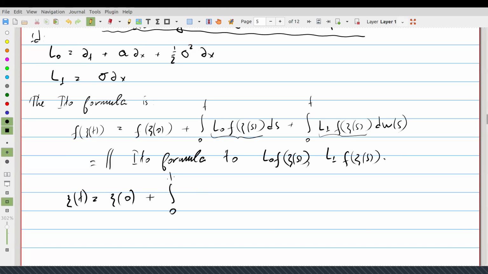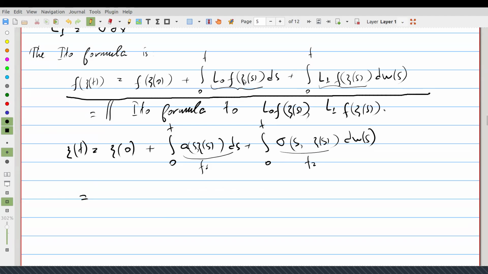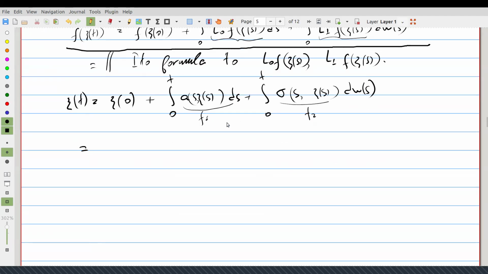So we have ∫0^t ψ(s) ds plus ∫0^t σ(s) ψ(s) dW_s. Now, this is our function f1, this is our function f2, and I want to apply the Ito formula in this form, in terms of these two differential equations, to these functions. This gives an integral from 0 to t